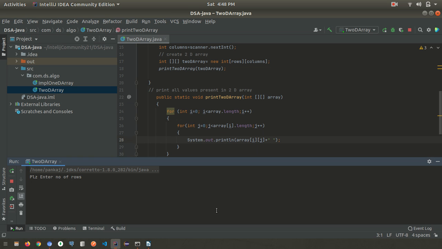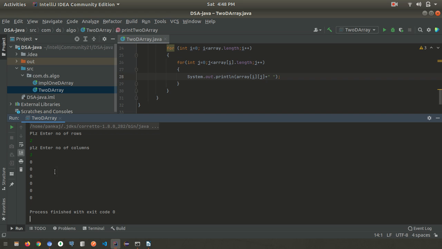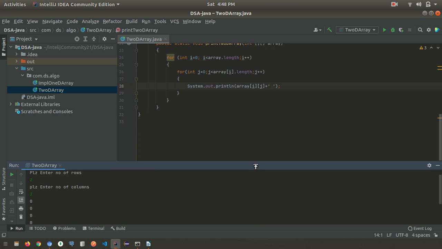Please enter number of rows. So we'll give number of rows as 2. Please enter number of columns, 3. Okay, so we are getting 0, 1, 2, 3, 4, 5, so total values it's giving us is 6.